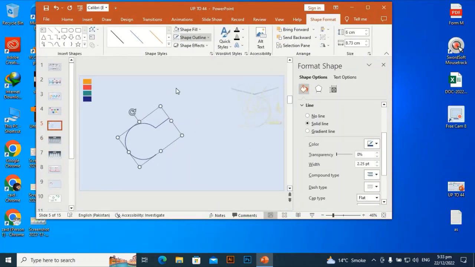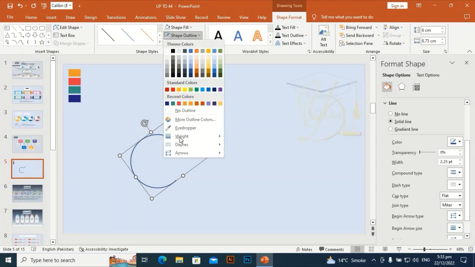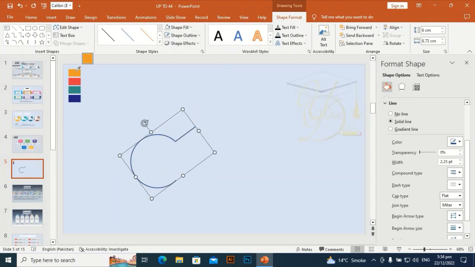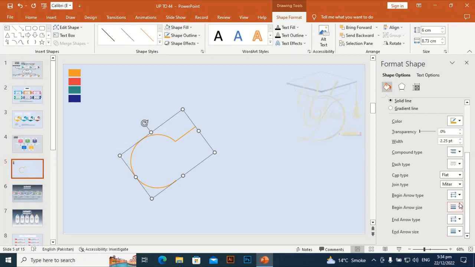Shape, no shape, yes. Pick the eyedropper and pick this color. Begin arrow will be this, and in size will be a little bit larger. End arrow, this one, and size will be larger. Okay,